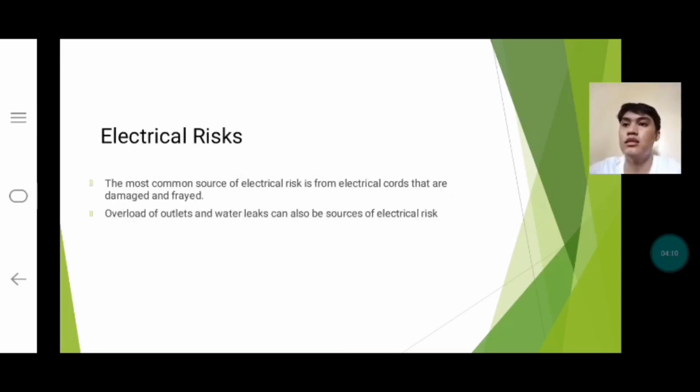Next is electrical risk. The most common source of electrical risk is electrical cords that are damaged and frayed.